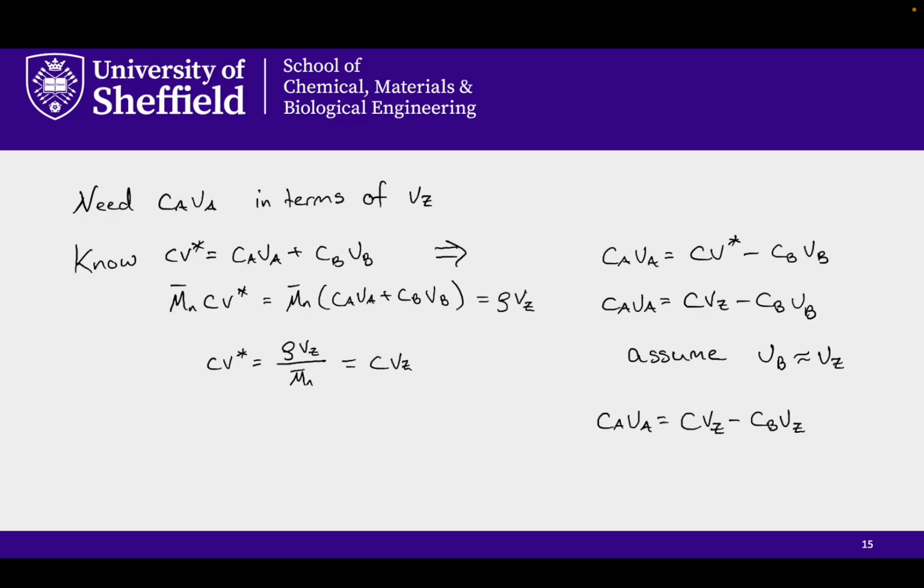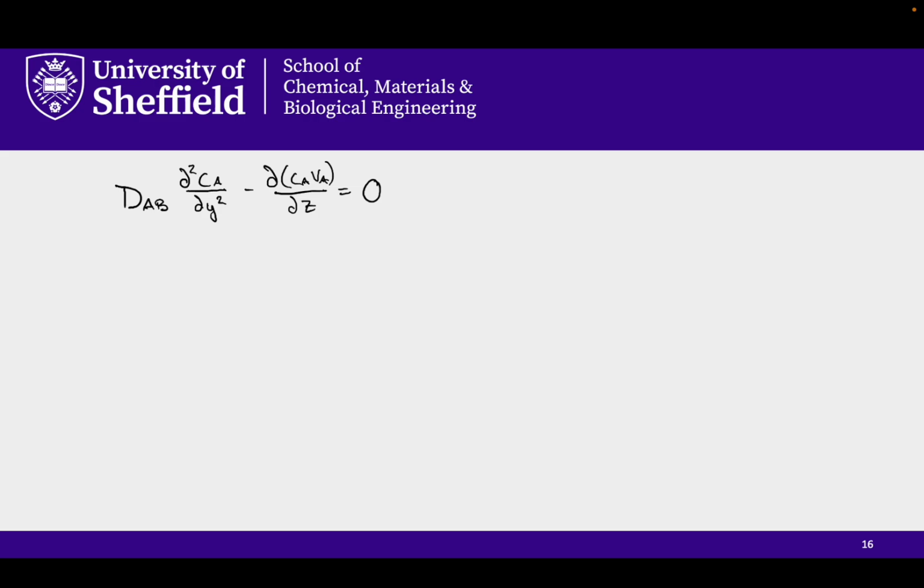And as soon as we make that assumption, we're able to factor out the V_z and C, rewrite the expression in terms of 1 minus the mole fraction of B, which of course is just the mole fraction of A in a binary system. And the mole fraction of A times the total concentration is just the concentration of A. So we're able to write that C_A V_A can actually be approximated as C_A V_z. And this helps us